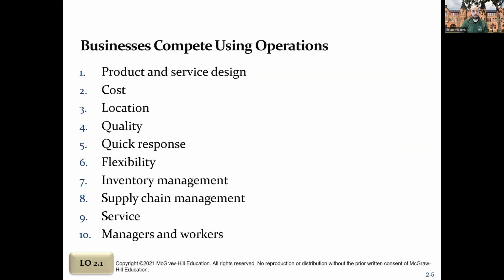And so operations can compete by having better designed products or services, lower cost, better location, where you locate compared to somebody else is a competitive edge, better quality, how responsive you are. And then the last element in here is your managers and workers. We have the staff, the human capital, an element involved in our business